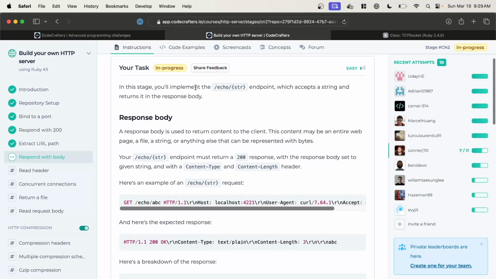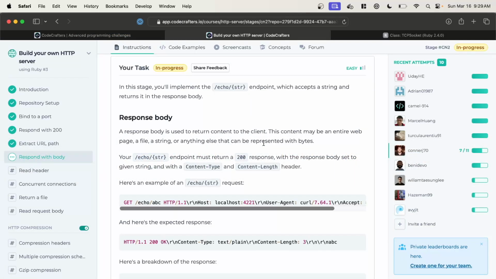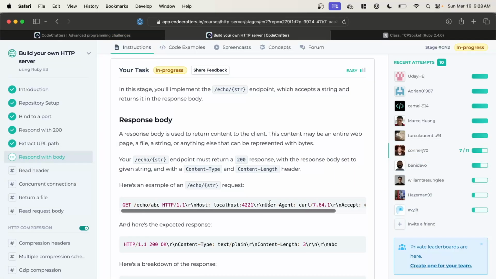All right, and it looks like they failed. So we can see received length 4 echo, error expected CRLF after header value, debug true. Okay, so it looks like we misformatted something here. Let's make sure we're formatting everything correctly. Okay, so we're missing,